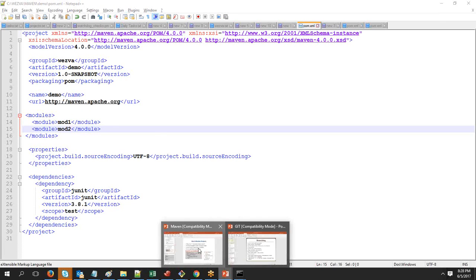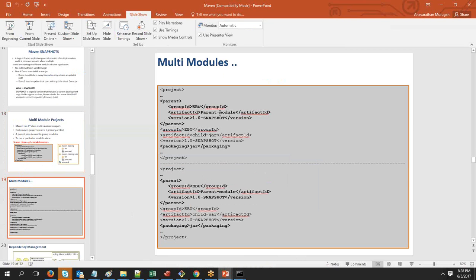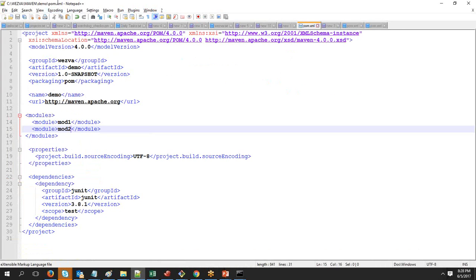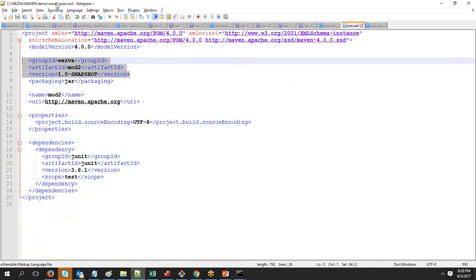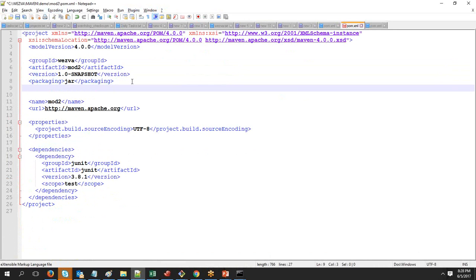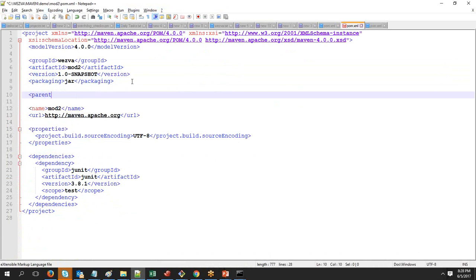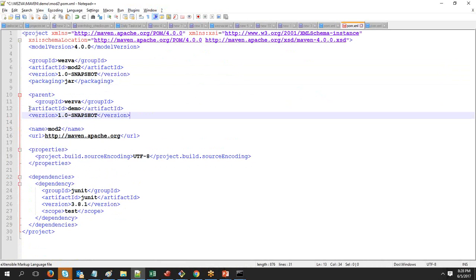Okay, so to do that, you have to go to each of the modules or the child pom, and in that you will create a tag called parent and give the GAV of the parent pom.xml, so that you give a complete relation between the parent and the child or the module. So now go to the parent pom, take the GAV of this and go to each specific module. So this is what I have already opened, right? Module 2. In this, anywhere, you just create a tag called parent, and inside that you add this value,